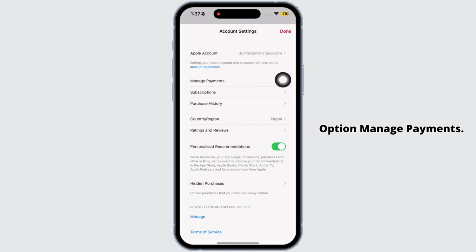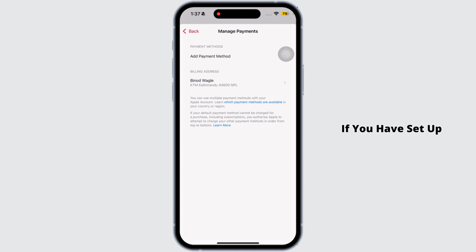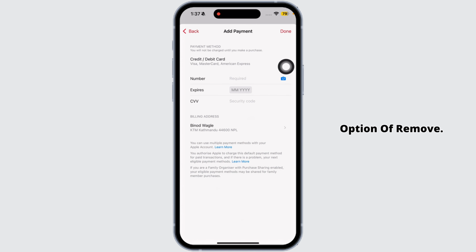Now head over to the option manage payments. If you have set a payment method on your Apple Music, it's going to appear on this page. Now you have to click on it and then click on the option of remove. After you remove it, in order to add a new payment method, click on add payment, then provide your payment